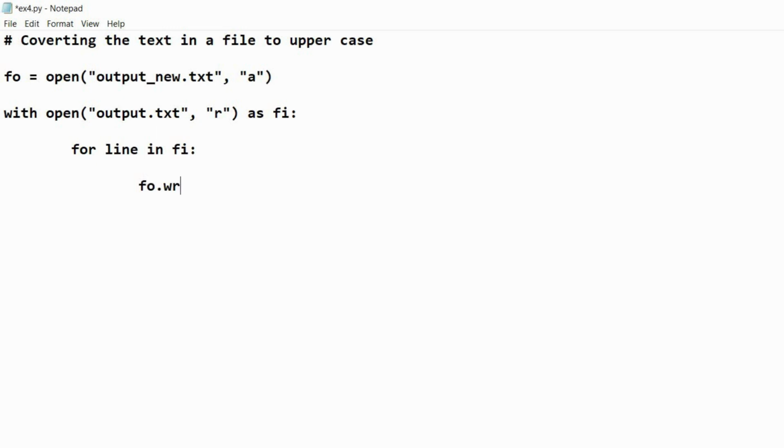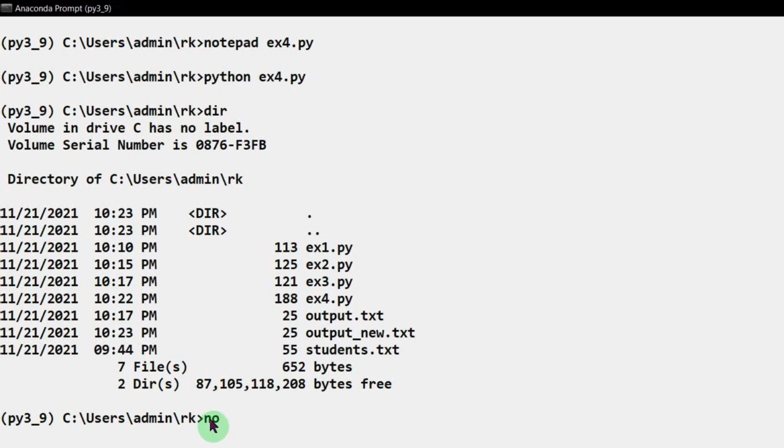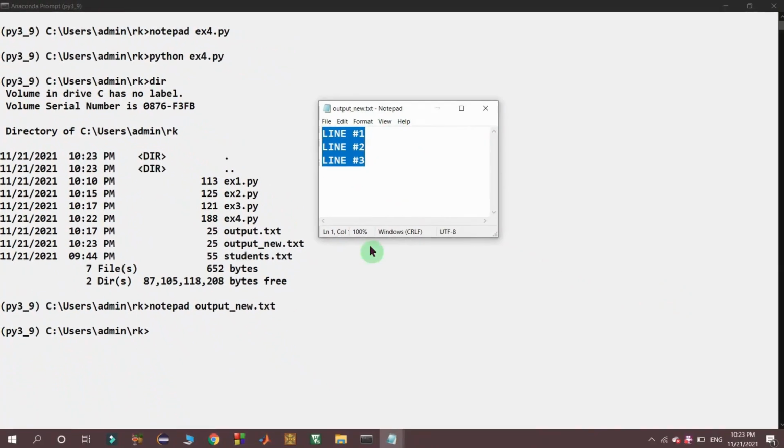After that I am using the write method with the fo object with the argument line.upper(). That upper method converts each line in the output.txt file into uppercase and writes that line into output_new.txt. And then I am closing the fo file object. Here there is no need to close the f5 file object since it is opened with the with keyword. After running this ex4.py, we got a new file in the directory, output_new.txt, which has the same text as the output.txt file in uppercase.